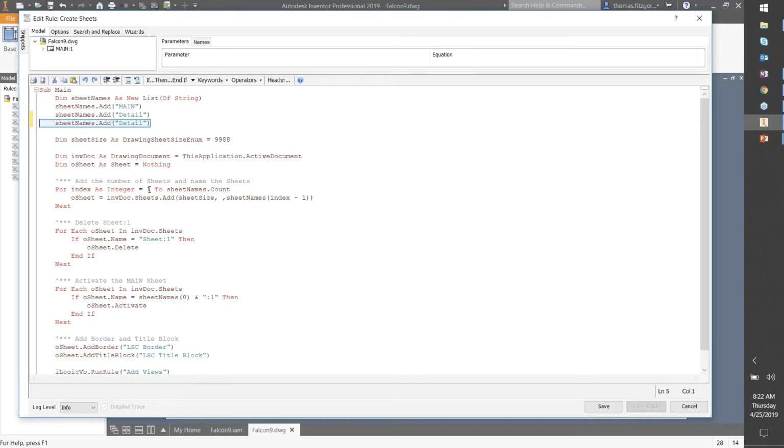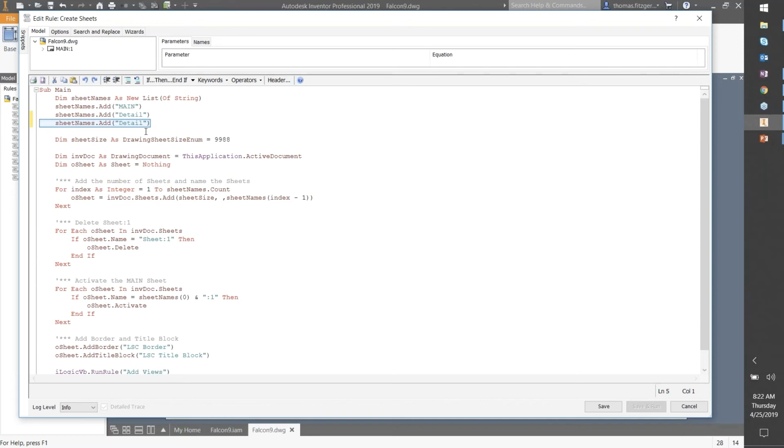So I always want to start with 1, but if I have 5 sheets identified here, then it's going to go from 1 to 5. So I don't have to, inside of the code, define that it's going to be 5 sheets. I just have to give my sheet names here to this list or this collection, and it's automatically going to